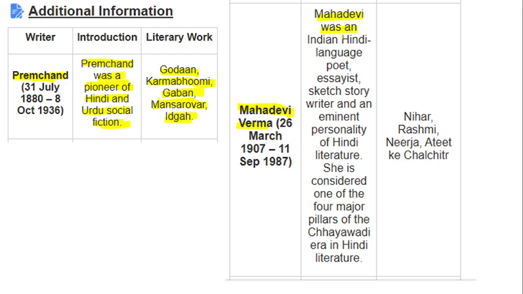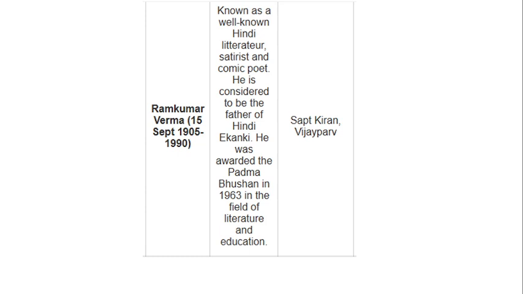Mahadevi Verma was an Indian Hindi language poet, essayist, sketch story writer, and an eminent personality of Hindi literature. Mahadevi Verma is considered one of the four major pillars of the Chayawadi era in Hindi literature. The books of Mahadevi Verma are Nihar, Rashmi, Neerja, Ateet ke Chalchitra. Whose is Ateet ke Chalchitra? It is Mahadevi Verma's. Next,